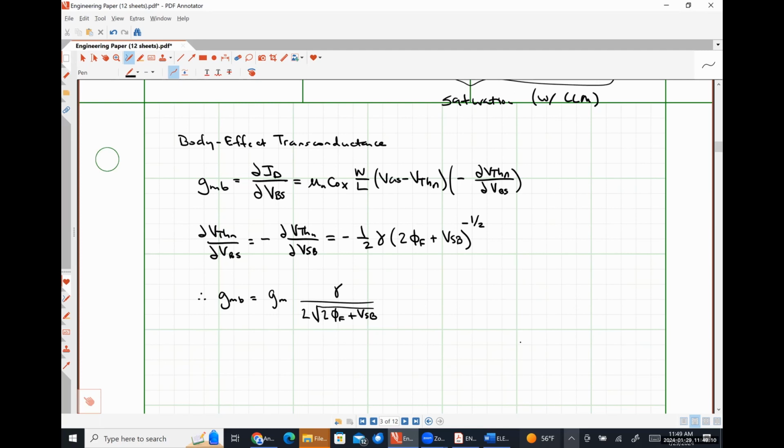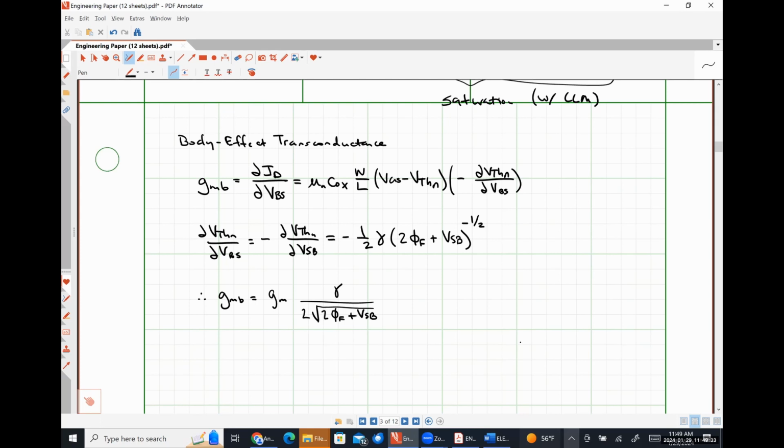So for now, you're going to have to take it on faith that between the gate and the source terminals, even in our small signal model, we should see a capacitor, which is effectively just going to look like an open circuit. So there's really nothing for us to worry about there. Okay. So with that taken care of,